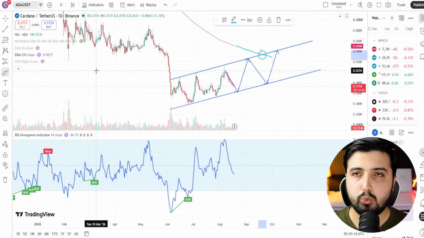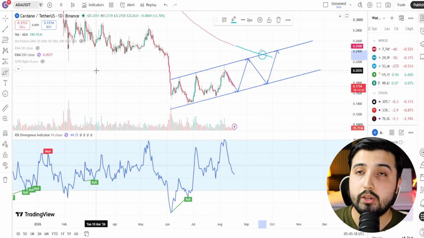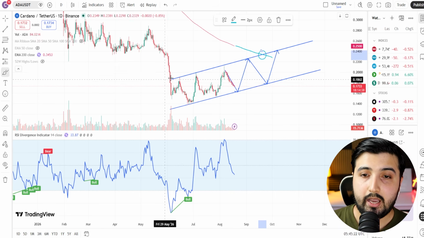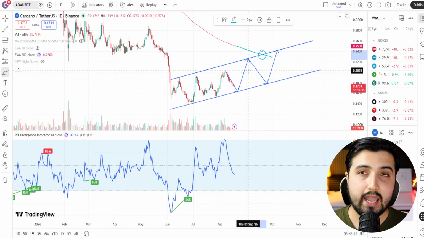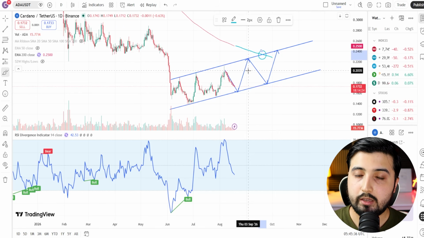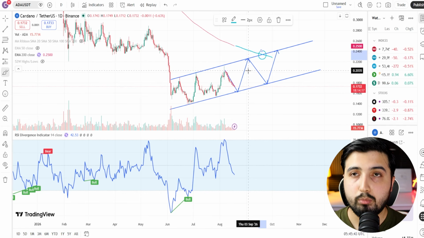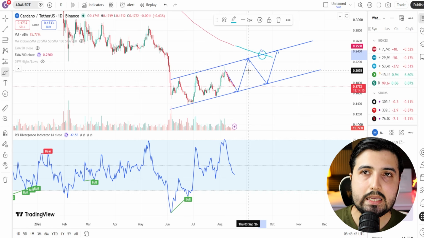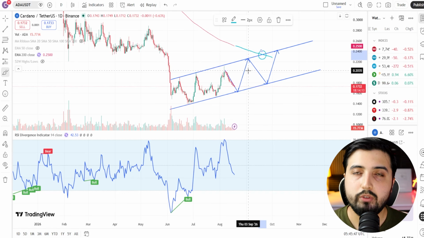Now, this is what Cardano, what ADA has to flip, and it may have to test it for support. And if we get a clean breakout and the macro supports this setup, including the overall geopolitical situation, the inflation, the interest rates, if that supports and if you get a clean breakout, we're possibly looking at a huge rally, maybe towards 90 cents, maybe towards more than $1, which will be an easy 5x or 6x, or even more than that